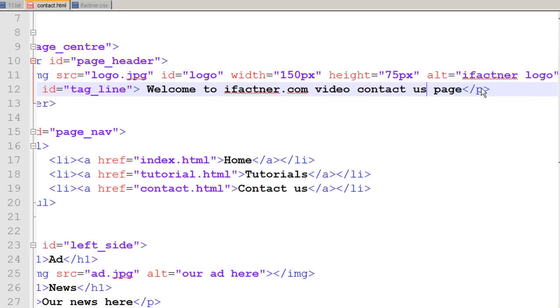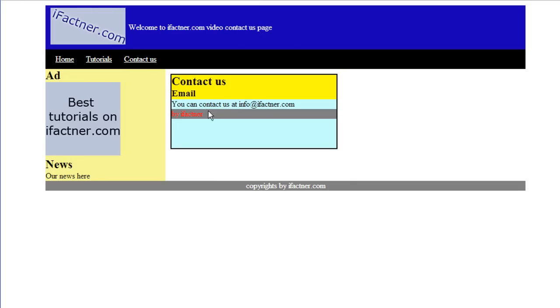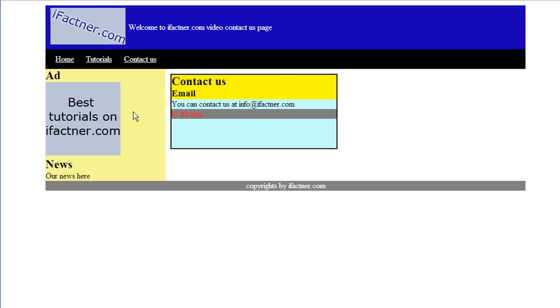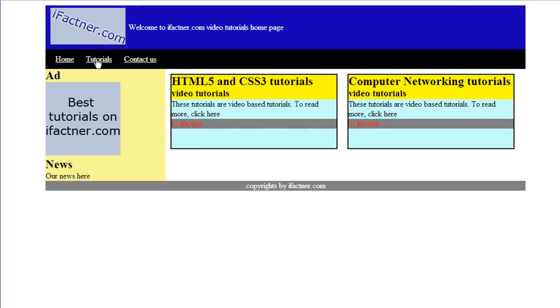And actually you should be using the template. I was just using the shortcut to make these pages, but you can open the template.html file and save it as index.html, contact.html, and so on and so forth, and make the changes. And that is